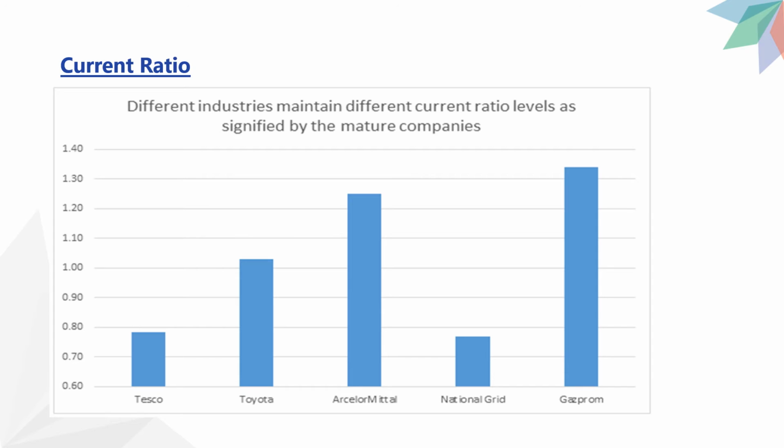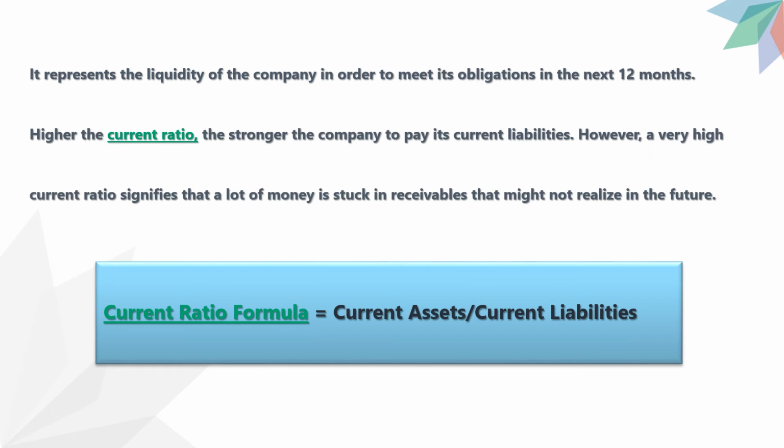Below the graph showing 0.79% for Tesco, 1.04% for Toyota, 1.27% for ArcelorMittal, 0.78% for National Grid, 1.37% for Gazprom. It represents the liquidity of the company in order to meet its obligations in the next 12